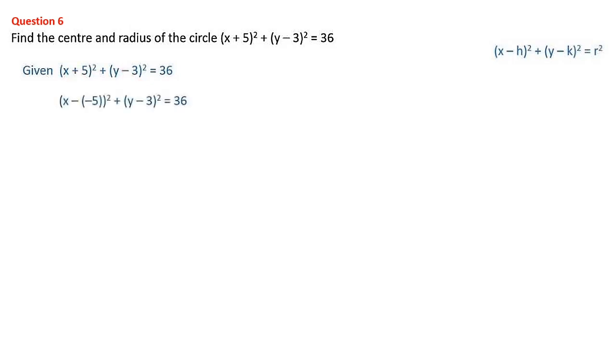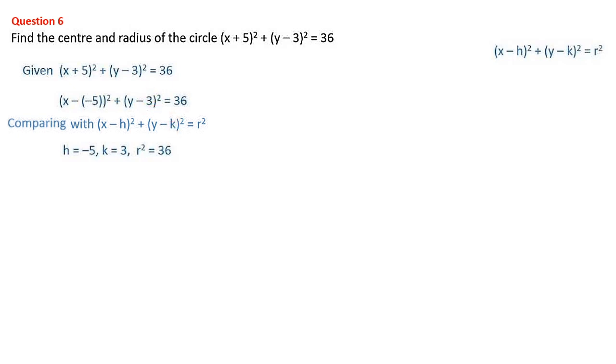So let's change. Plus means two minuses. Minus into minus is plus. Split that way. (x − (−5)), when we multiply this minus into minus, we'll be getting plus, the whole square, plus this one no need to change because same as the required one. (y−3)² equal to 36. Now we have to compare it with the general form (x−h)² plus (y−k)² equal to r². Then here instead of h, −5 is there. In place of k, 3 is there.